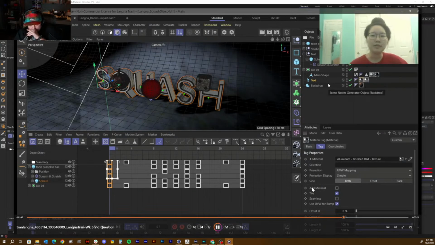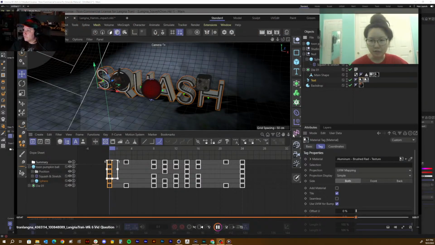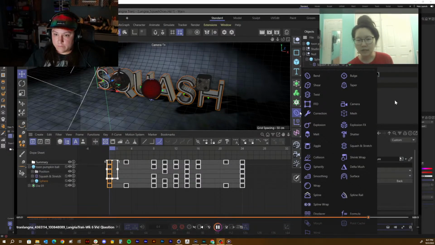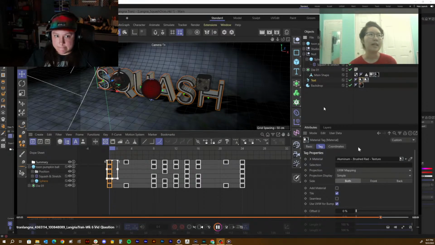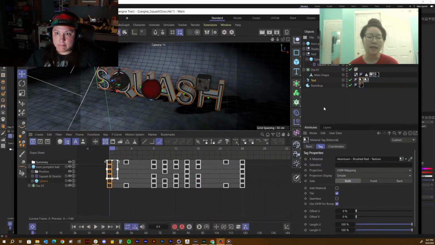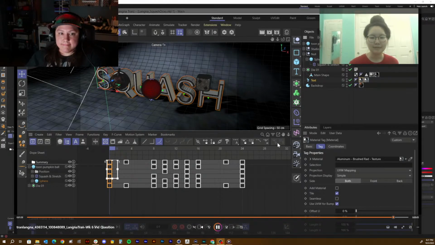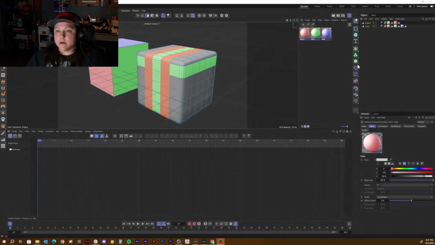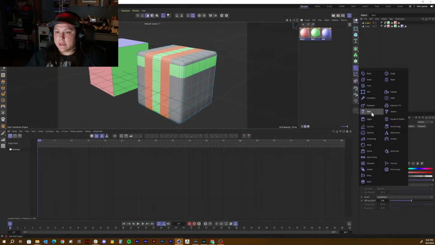And then let's get to your final question, which is about the auto squash and stretch. You said that you can use this squash and stretch icon on the sphere, but can you use it on other objects like the dice? Good question there. So these deformers inside of here can be pretty much used with any